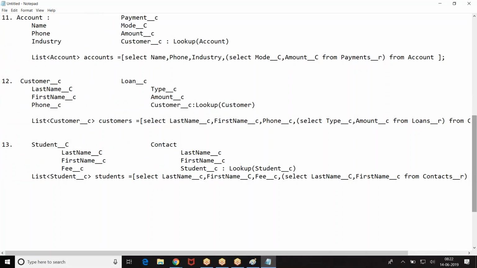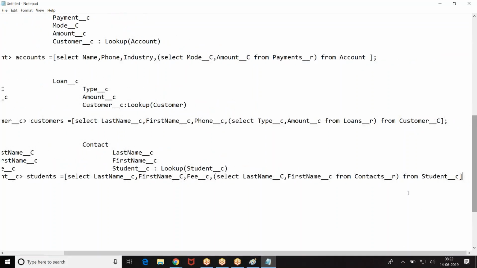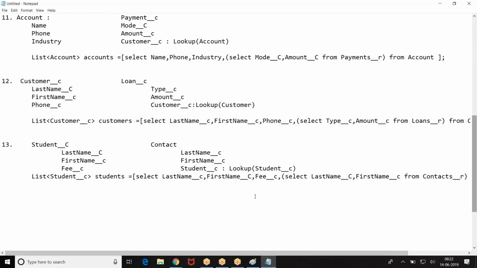If the relation was a custom relation, that is going to be contacts underscore underscore R. Is that clear for everyone? So it doesn't matter whether it is a standard object or a custom object. If the relation is a custom relation, S underscore underscore R.